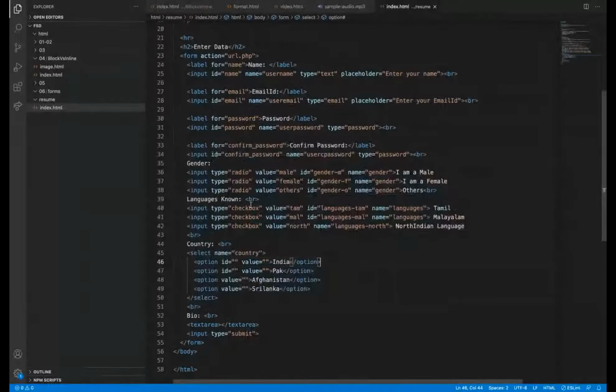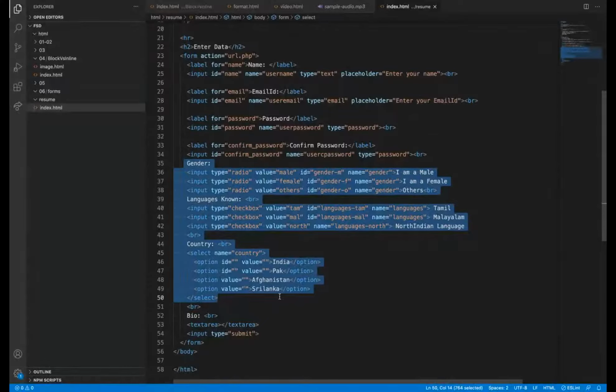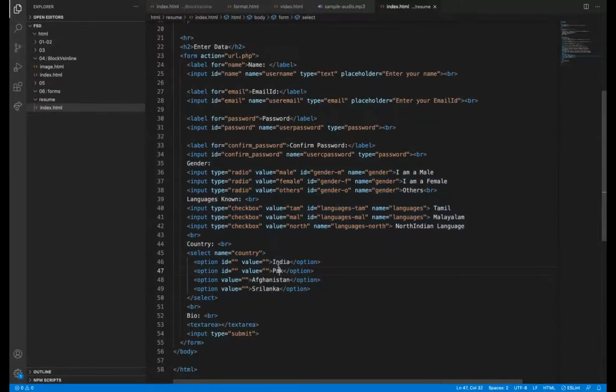Value should be given for select, checkbox and radio. For these three tags you should give value, otherwise it won't take this as value. Only when you give it in the value attribute, it will be sent to the backend. Otherwise, it will not know what value it needs to send. For the other things also, you can give value.